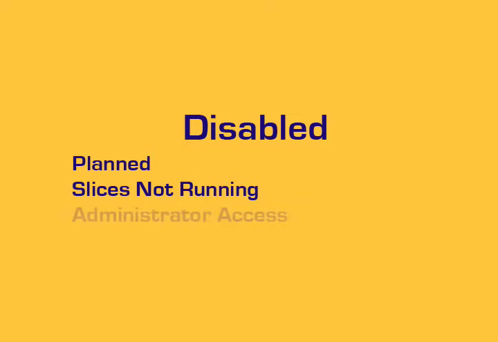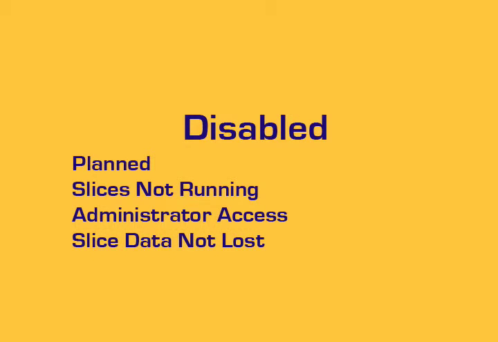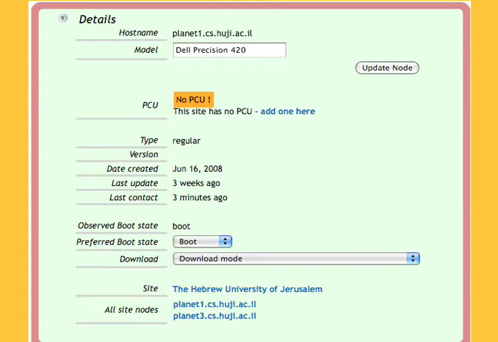Disable mode. For a planned situation, such as a scheduled power outage or moving equipment, you may need to remove your nodes from PlanetLab. Slices will not run in this state, and only staff at PlanetLab operations will be able to access the nodes. Unless a hard drive has failed, slice data or forensic evidence of a compromise will not be lost. To place a node in disabled mode, visit the node's details page on the website and select Disabled